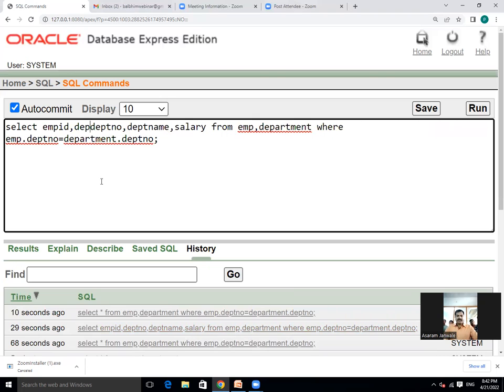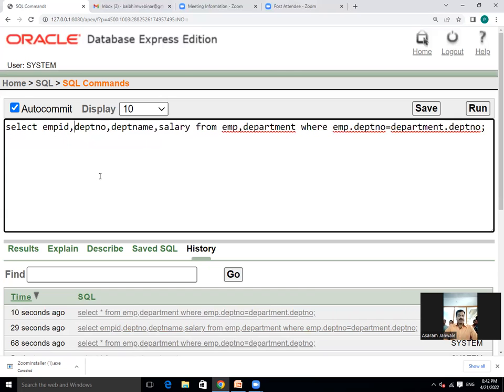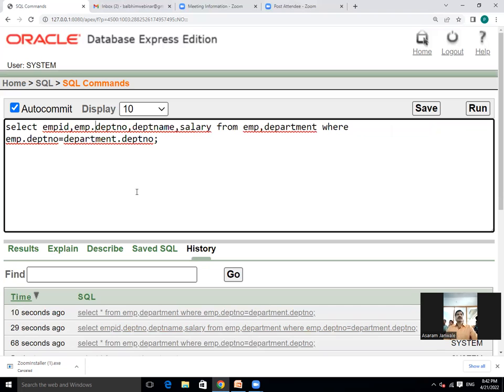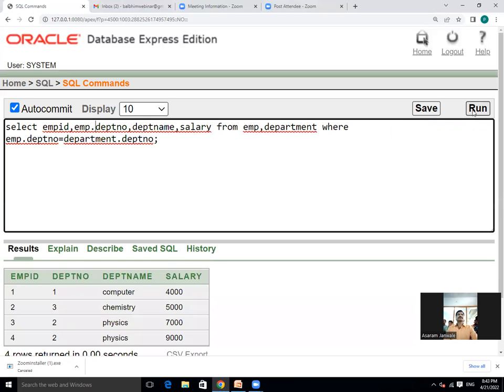Okay, so I can write here DPT, department, EMP dot department number. See,